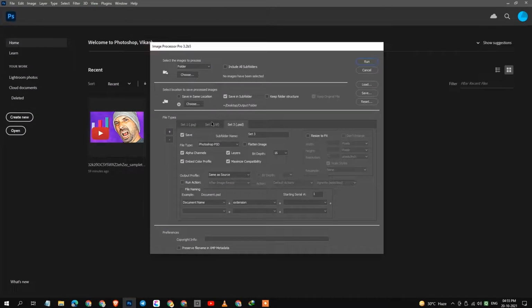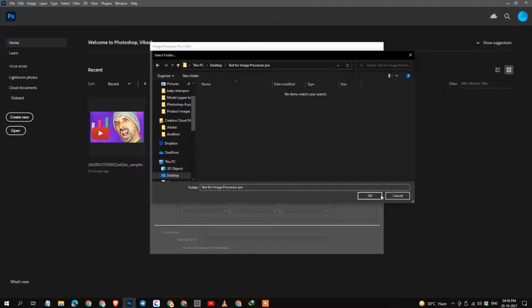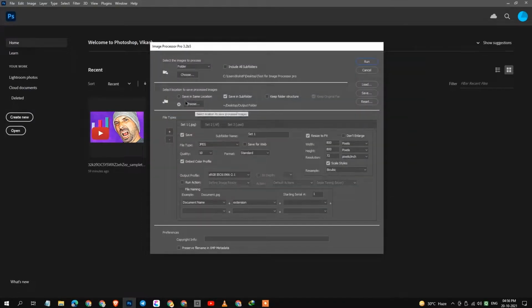The first two options here are pretty straightforward. We'll feed in the image location and the export location. For this demo, let us save the export files at the same location. We'll have these options checked. Now let us jump to the main work area. These plus and minus buttons are for adding and subtracting instances. We need 3 instances. I'll rename the subfolder as product image.